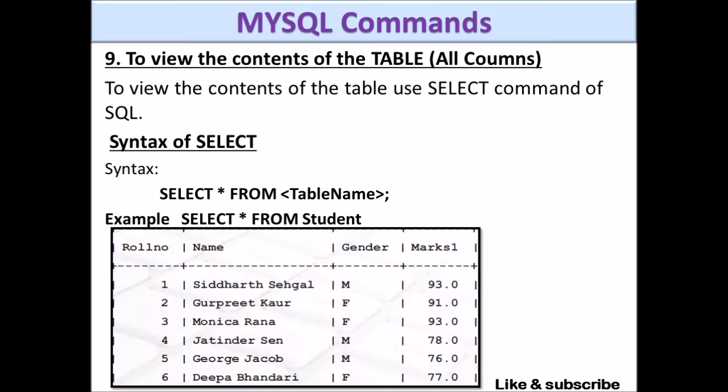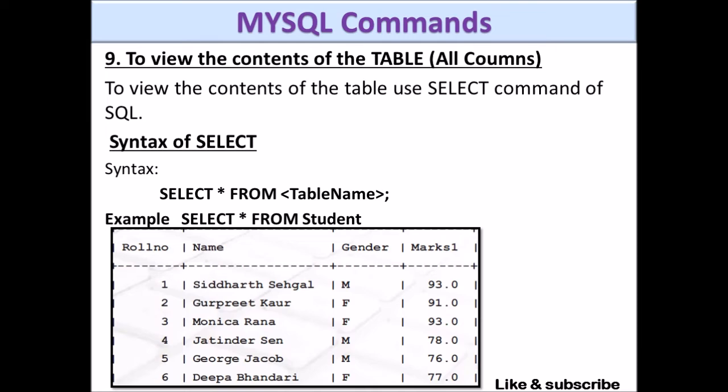Okay, so select, how can we select the values? For that you have to write select star, meaning all the columns and rows we want to fetch. So we will write select star. From is a keyword, from which table we want to select. So from is a keyword and then the name of the table. Here an example is given, select star. Star means all the columns and values we want to select, and then from and the table. Here student is the table, so you can get this result as a query.